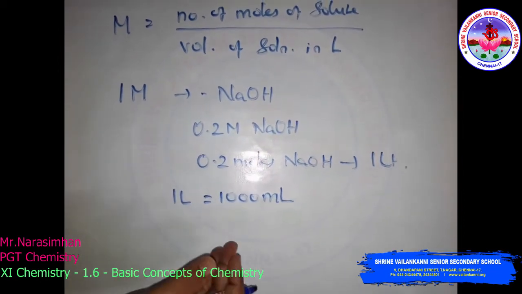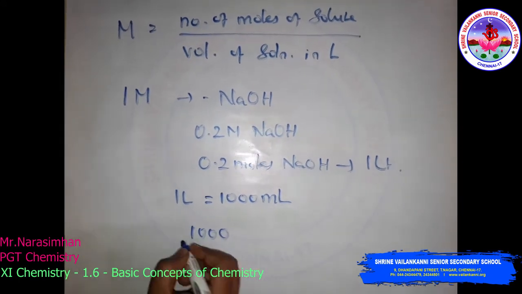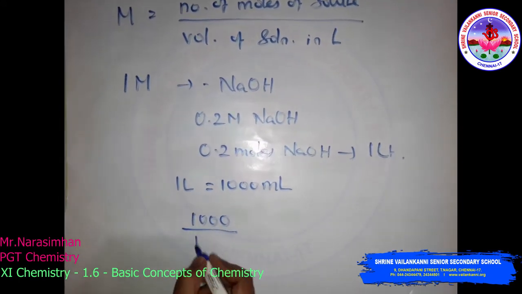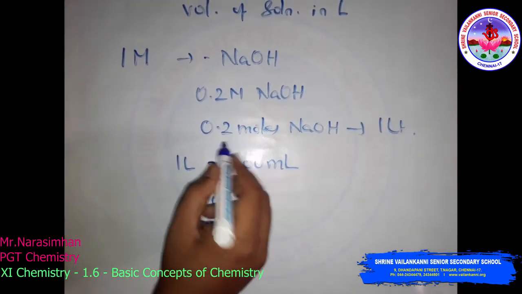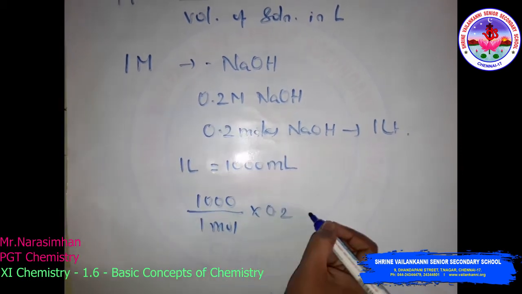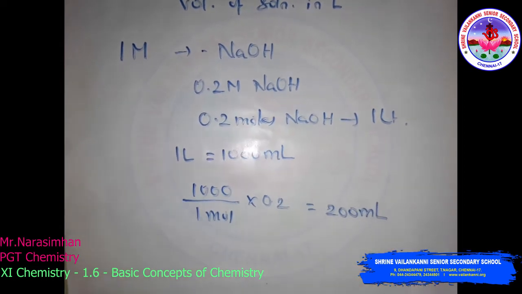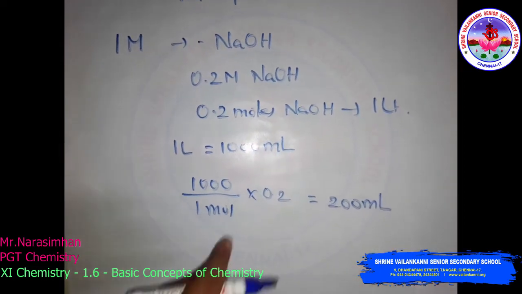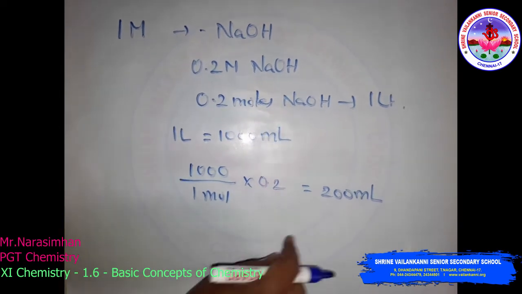So here, 0.2 mole present, that means 1000 divided by 1 mole, that is 1 mole of NaOH into how much we want to prepare? 0.2 moles. So it will become what? 200 ml. So 200 ml of 1 molar solution is taken, enough water added